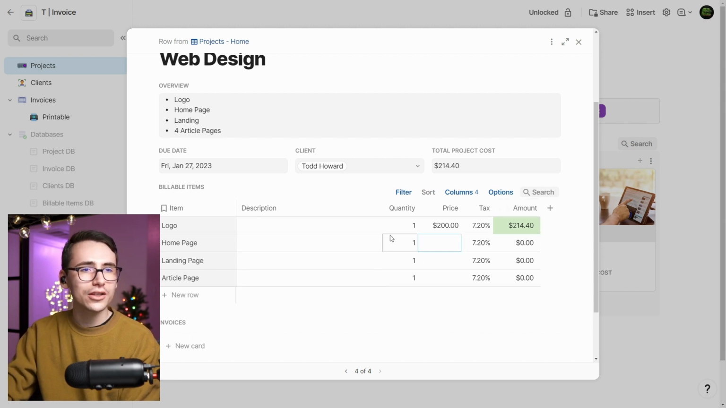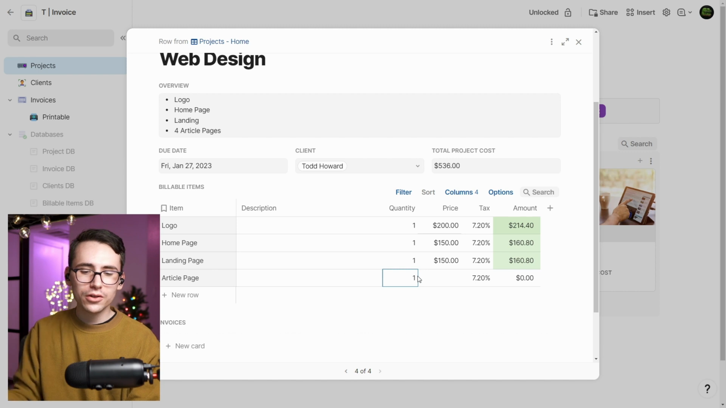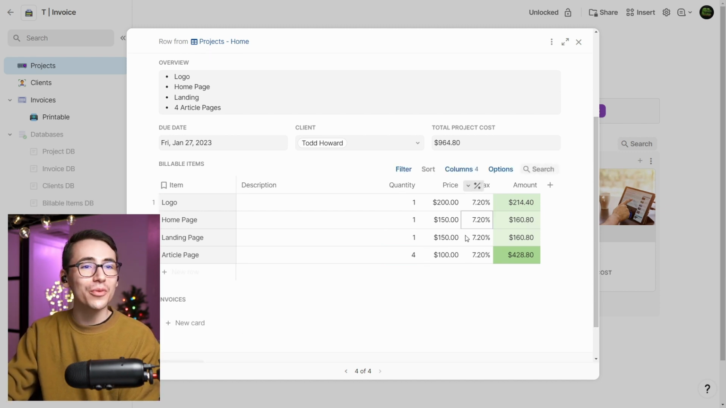In the home page, let's say we're going to charge $150. Let's say $150 for the landing. And then for the article, since we're actually doing 4 pages, we can say 4 there. And let's charge $100 per article page. Cool. So now we have all of our prices in, and you can see here at the top, we have